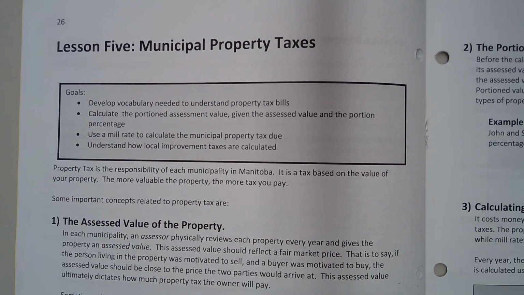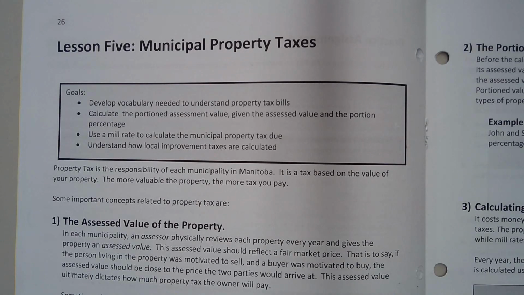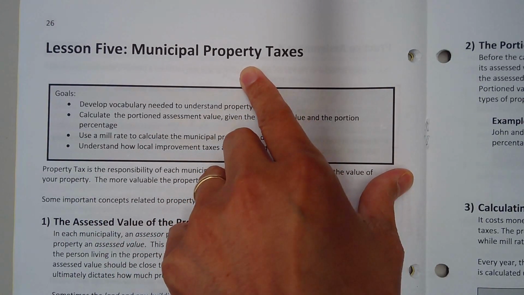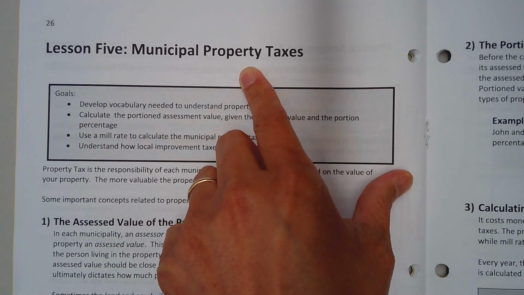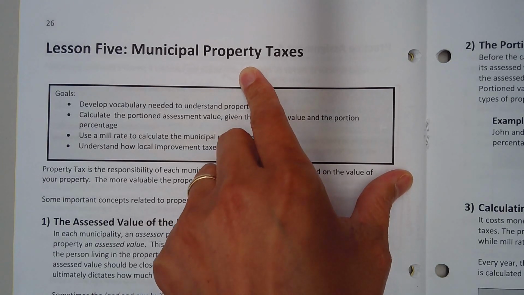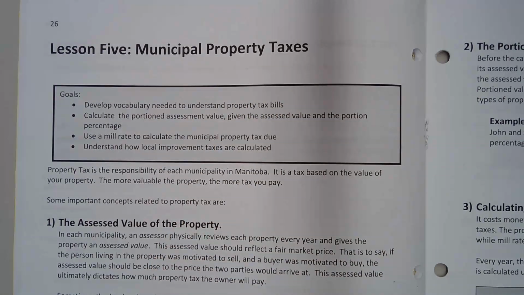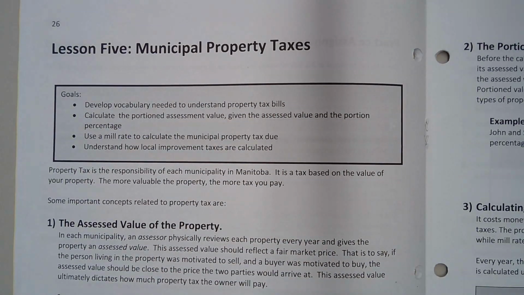When owning a house, we have to pay municipal taxes. The word municipal refers to the third level of government, which looks after the city. So municipal taxes are paid every year, okay? And it's not the same amount every year. Some years it goes up, some years it goes down, depending on, I guess, how much revenue the city needs.